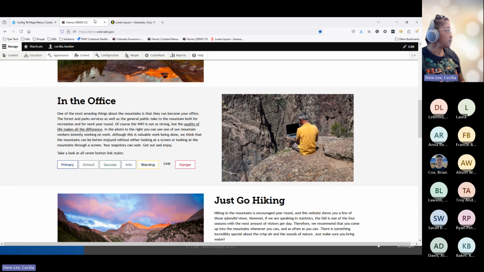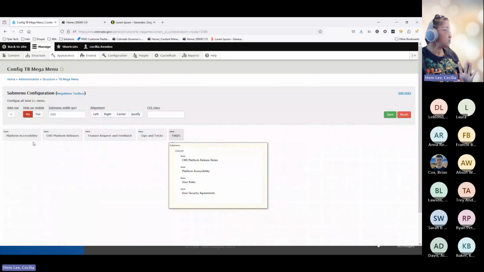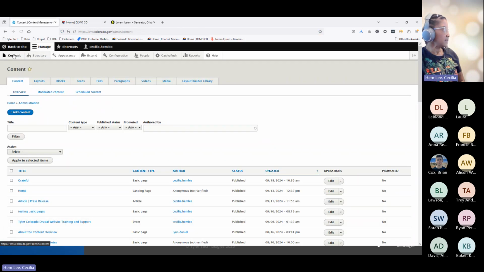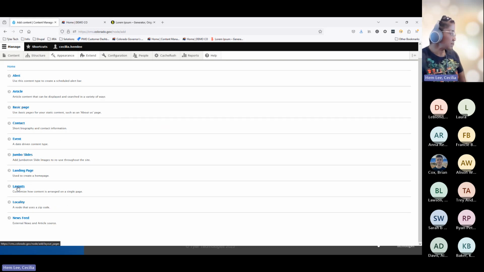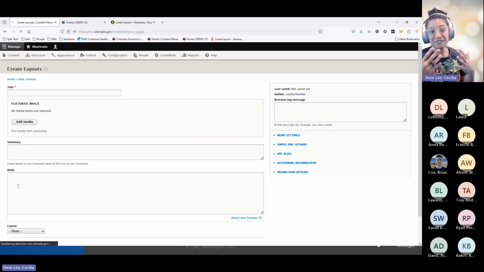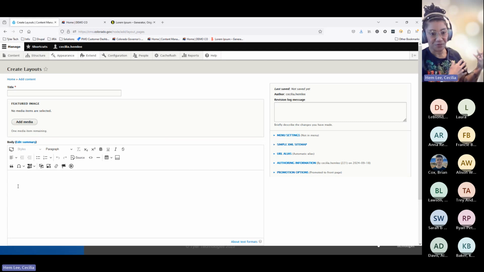Alrighty, we have 15 minutes. We're going to attempt to create a layout. I'm going to click, tap or select into the content module. Then I'm going to go down to the pill menu that says add content. And from this alphabetical list, I am going to click, tap or select on the layouts. Now, again, we understand that layouts is the old Drupal term for templates, but this is layout content type. And I know it is just confusing that we use that word a bunch, but this is the content type named layouts. From the layouts,